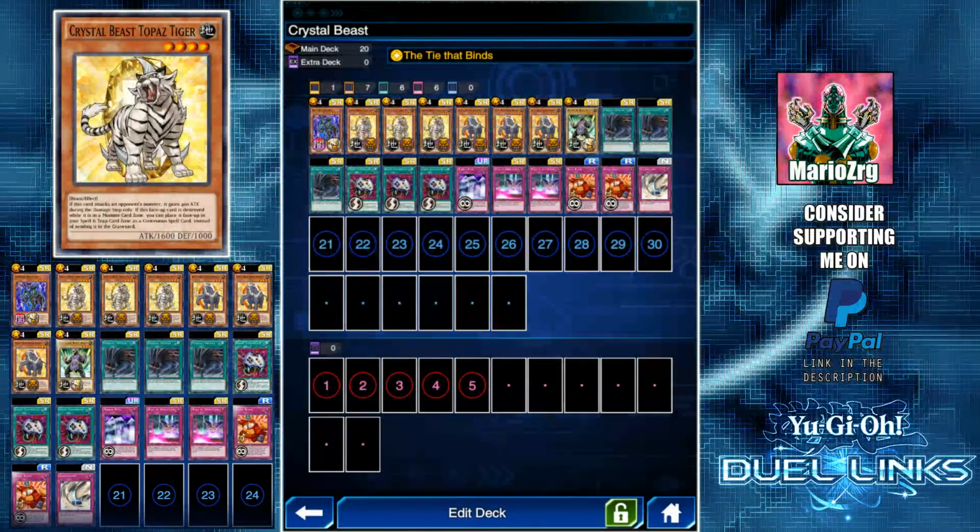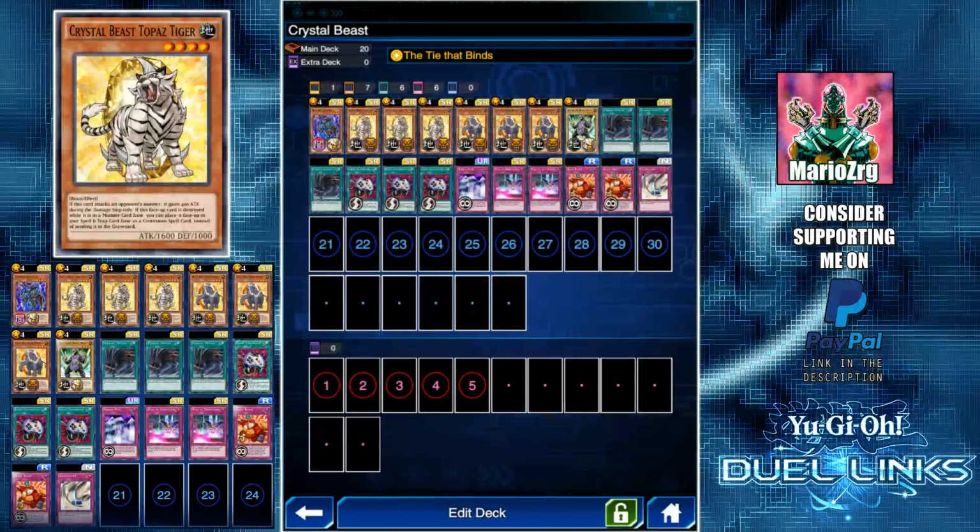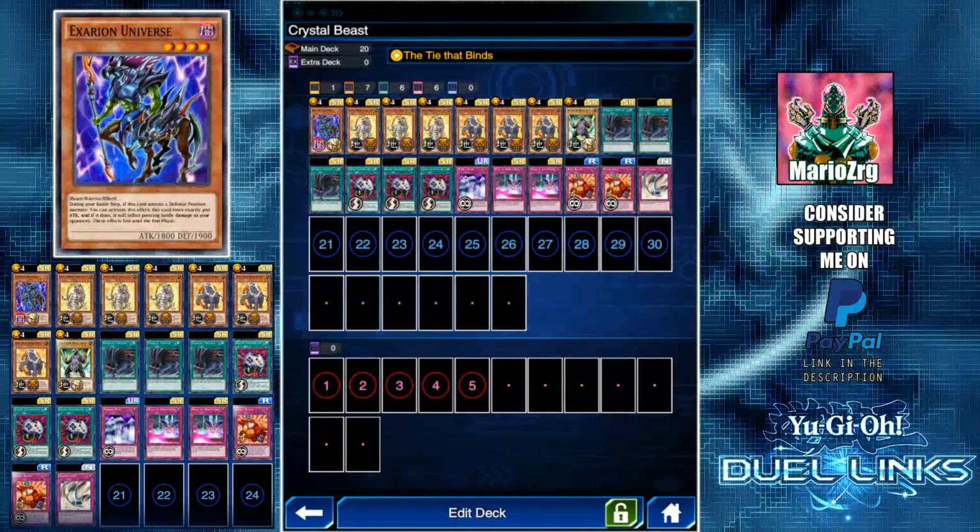We run 3 of the Crystal Beast Tiger and 3 of the Mammoth, which are pretty much the strongest ones. All the other ones are too little. They have different effects, but they're not very viable. So I went with this deck, and because they're both beast, I threw in some of the strongest beast and beast warriors. We have Exarian Universe, which is a really cool card that we only have one of from the card flipper,